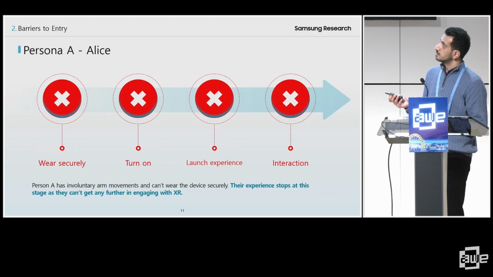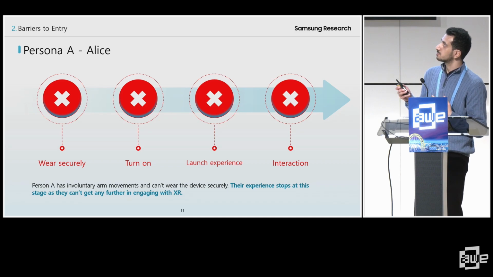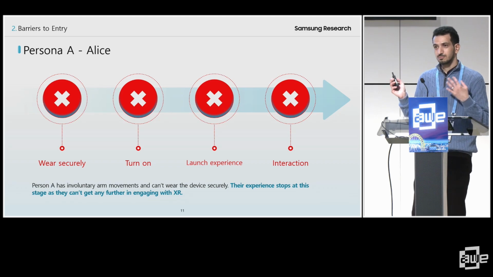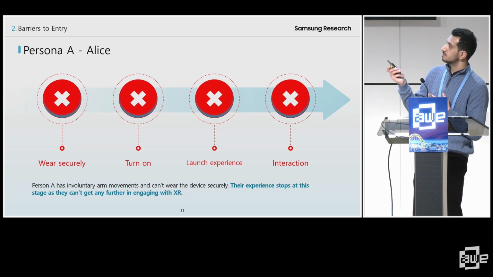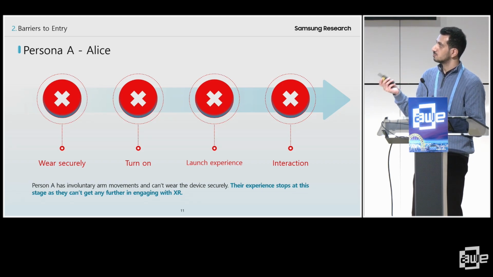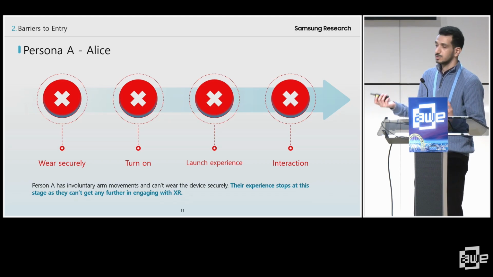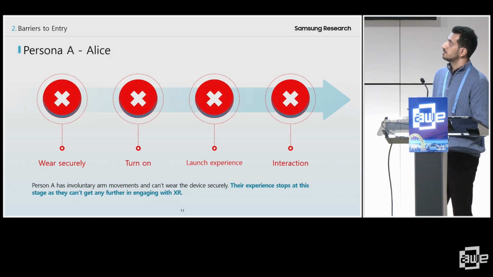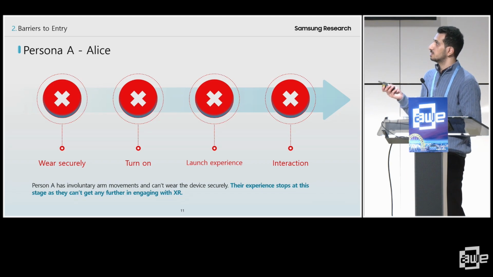So just to explain this better, I want to walk you through some scenarios for some personas. Please note these are not real people, but the scenarios are based on the actual research. In this case, I just picked some generic steps for using an XR experience. So you'd wear the device securely, you turn it on, you launch the experience, and then you'd interact with the experience in the end. Alice, in this case, has involuntary arm movements, which means she can't really get past the